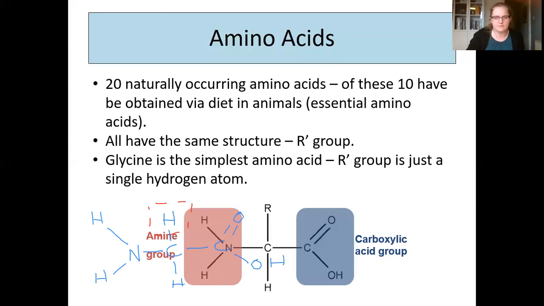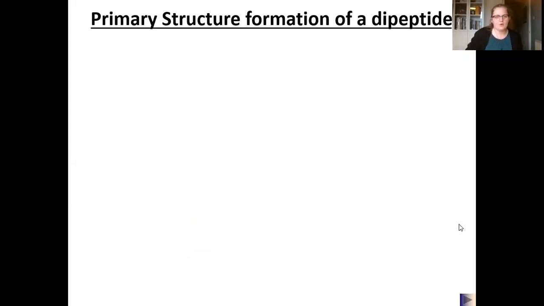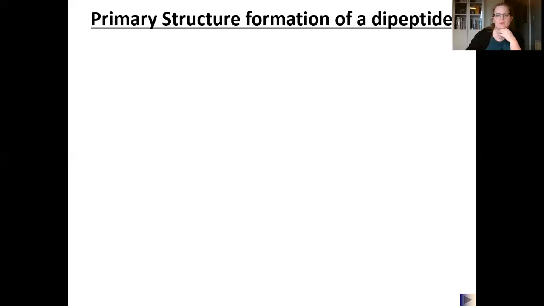Let me get rid of my writing again, clear up drawings. So we have a primary structure formation of a dipeptide. And what we mean by this is protein is made up of loads of amino acids joined together. When we join 2 amino acids together, we get a dipeptide, same as we join 2 monosaccharides together and we get a disaccharide. So we have this prefix in here again of di, meaning 2. And peptide is part of our polypeptide chain. So it's a 2-part